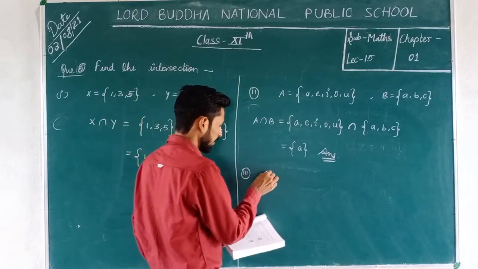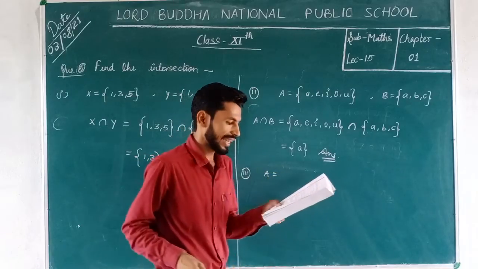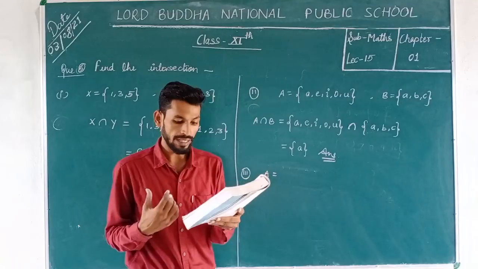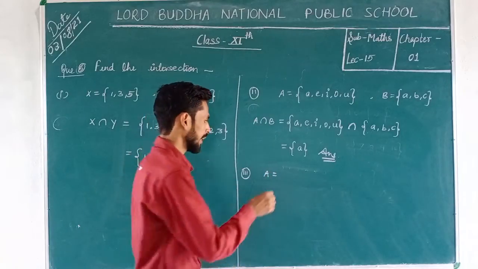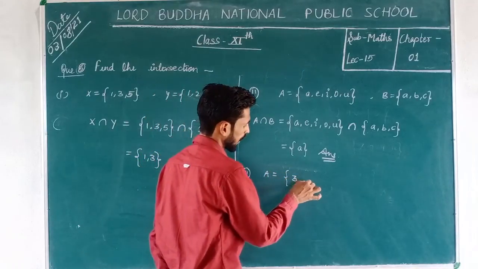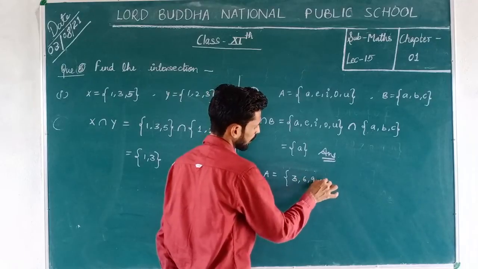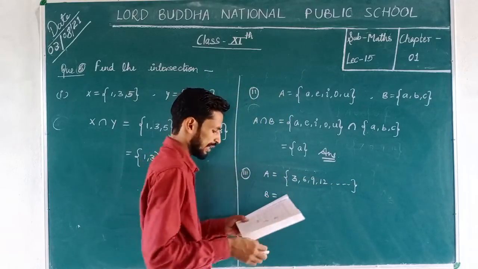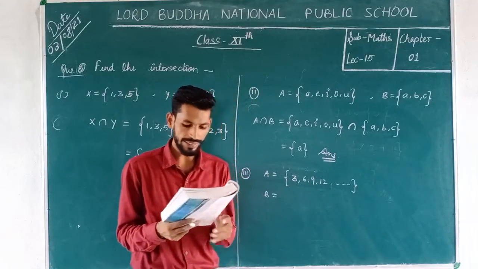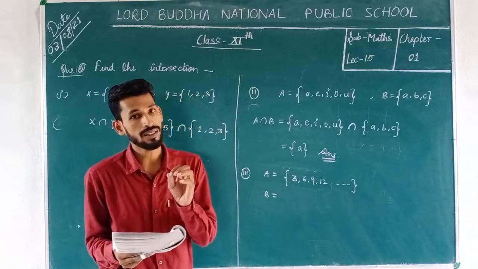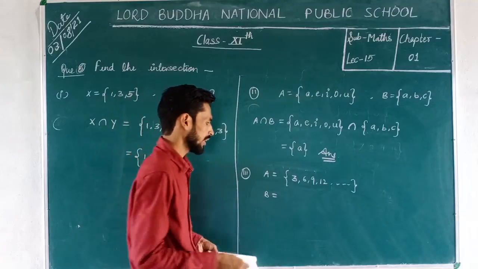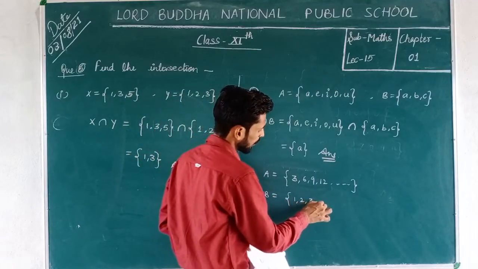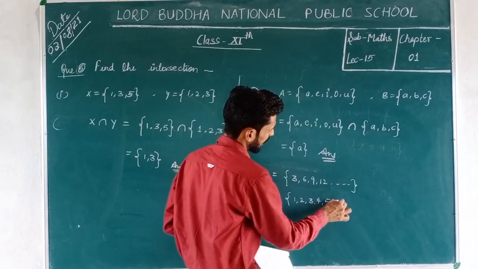Here it is given that set A equals x such that x is a natural number and multiple of 3. That means set A में हमारे पास जो होंगे वो 3, 6, 9, 12 and so on. And set B में हमारे पास जो एलिमेंट है वो है x such that x is a natural number less than 6. So natural number तो है but वो less than 6 है. तो 1, 2, 3, 4, 5 and 6.